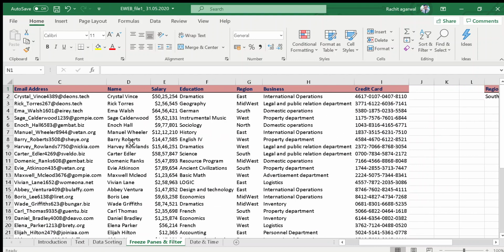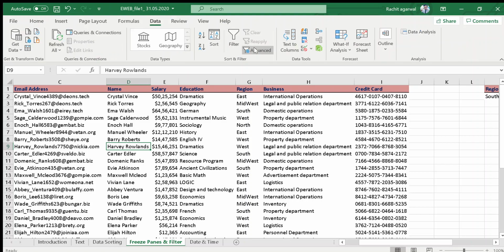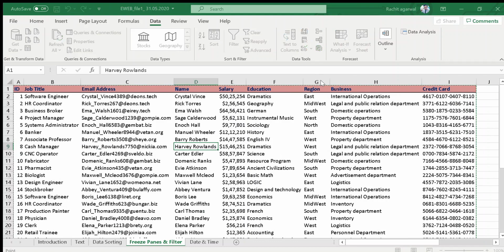Now I put the cursor in the table or in the data, go to the Data tab, and here under the filter option is Advanced. So for using the advanced filter, click on this option. Now you may see the dialog box has appeared and it's asking to filter the list in place, on which you want to apply the filter.